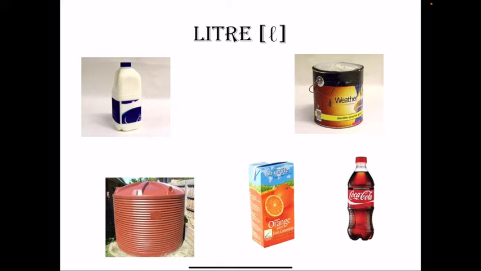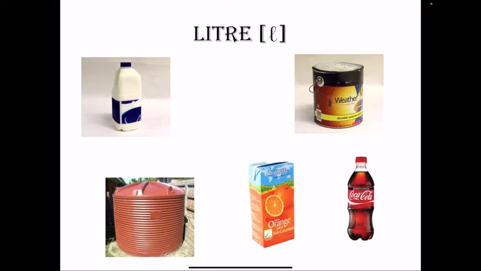All these pictures you can see are having different capacities. This water tank, brown, this is so big. Every house has a water tank at the rooftop. Yes or no? So, and what is its capacity? 500 liters, 1000 liters, like this. Yes or no? Okay, means this water tank, if suppose its capacity is 1000 liters, this means this water tank can hold 1000 liter water, which you use according to your requirement.